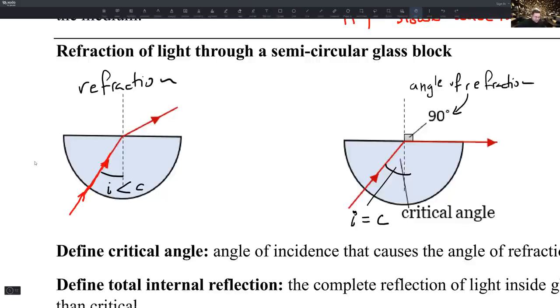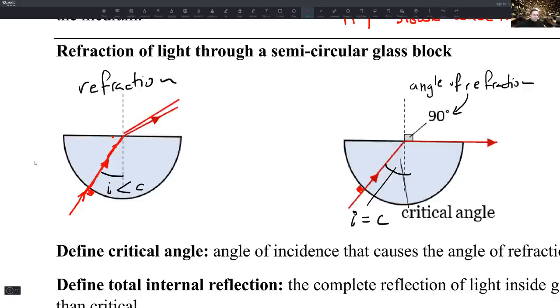It means this ray is perpendicular to the surface. It's along the normal. The angle of incidence is 0. It's at 90 degrees to the surface. So it does not refract. It does not bend. There's no change in direction. Agreed? Any ray that hits that curved surface and doesn't bend is at 90 degrees. Done. The next one: when it's moving from glass to air, as we agreed before, it will bend